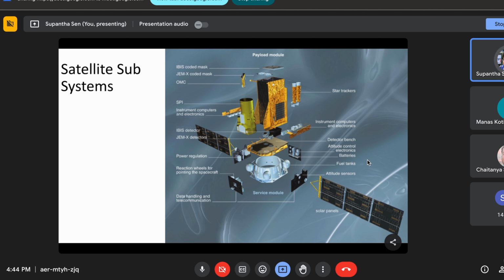Now the types of engine depend on the state of the fuel and oxidizer. If both are solid, then it's a solid engine. But if you think a little bit, when you are putting a satellite into some orbit and correcting the orbit, you need thrust. You have to give a precise thrust so that it won't go the other way.